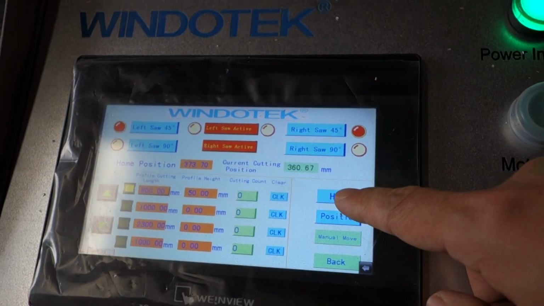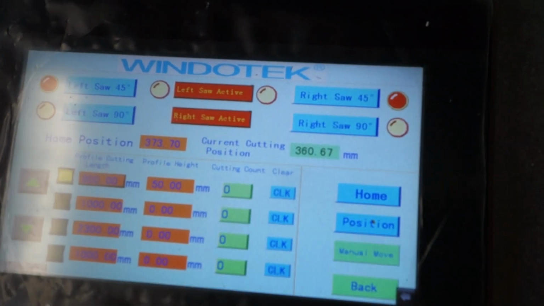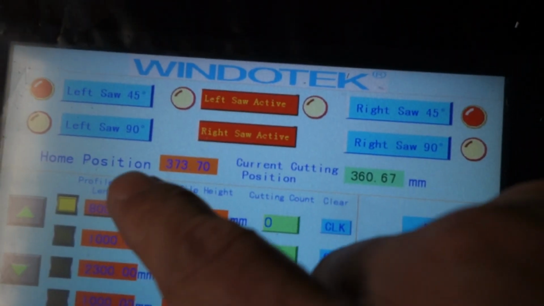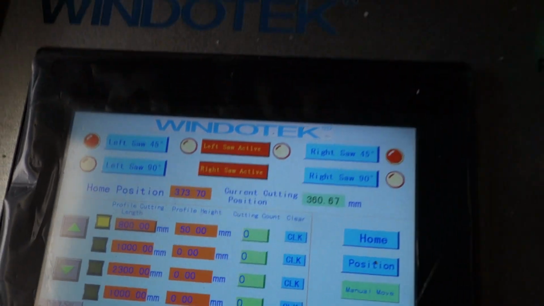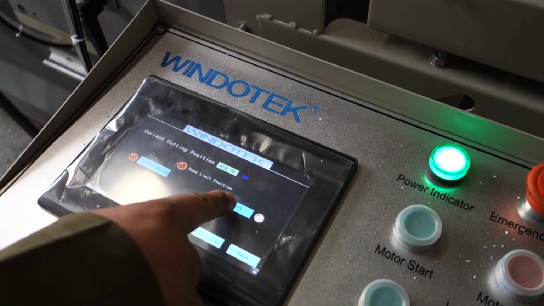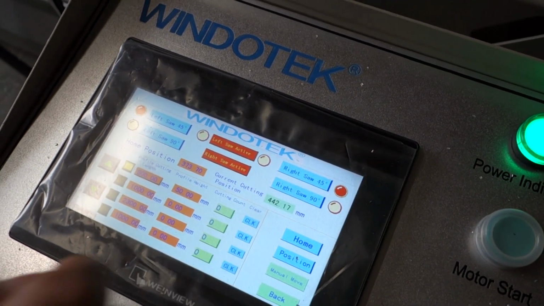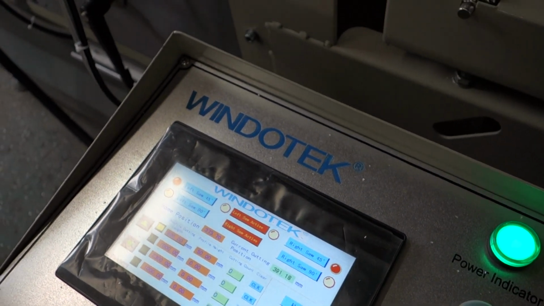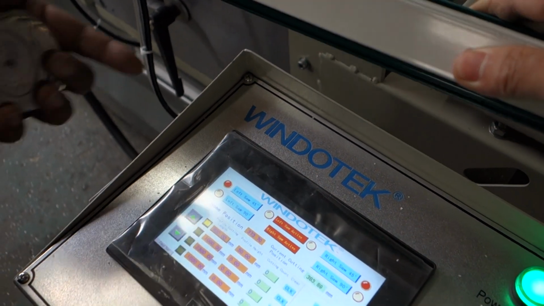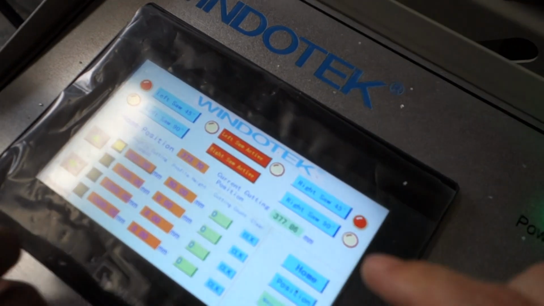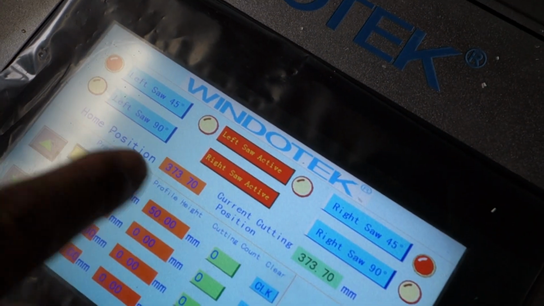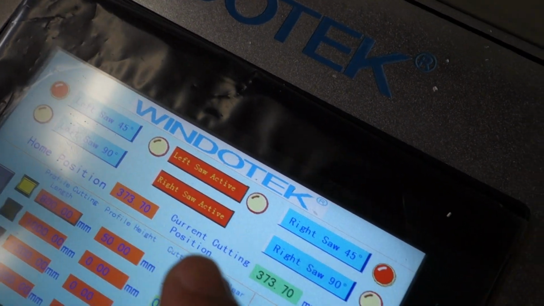Then go to home, check home position. Now first work to check home position whether it is correct or not. So cut one piece. Wait, I will demonstrate the return to reference. Press this to return to reference. Home, press home to home position. Then cut one piece to check the figure, the home position. These two values must be consistent. So the two figures should be same,